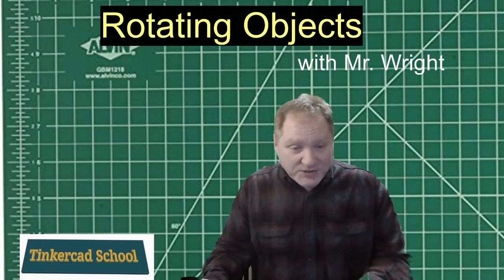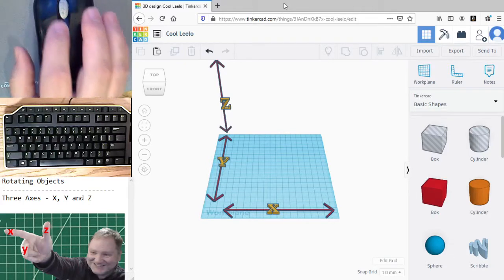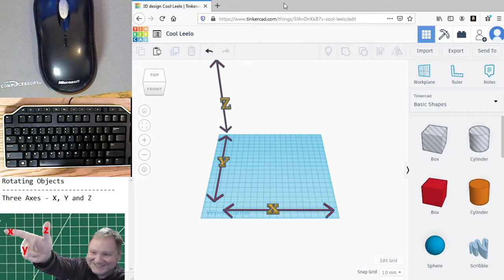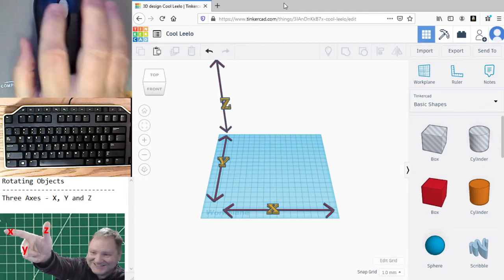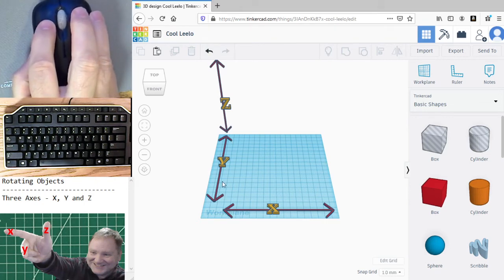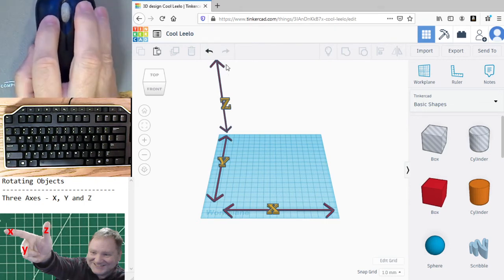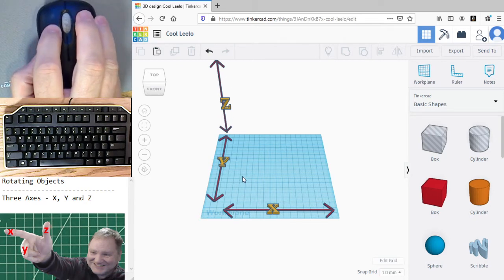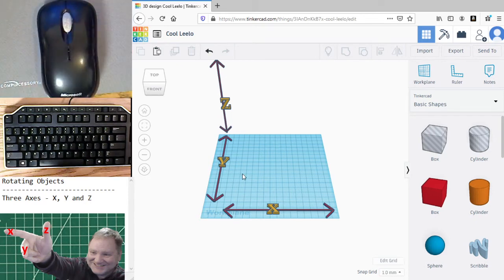Now I want to talk about rotating objects. Remember that objects that you make on Tinkercad are three-dimensional. There is an x-axis, there's a y-axis, and a z-axis. And if you look at the lower left-hand part of the screen, there's a picture of me holding up my